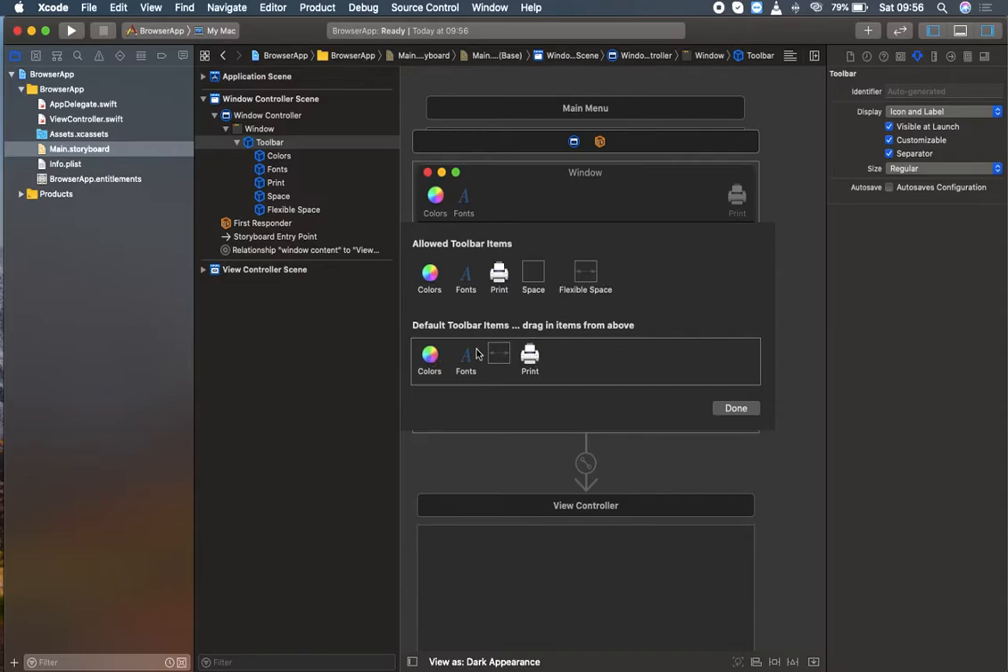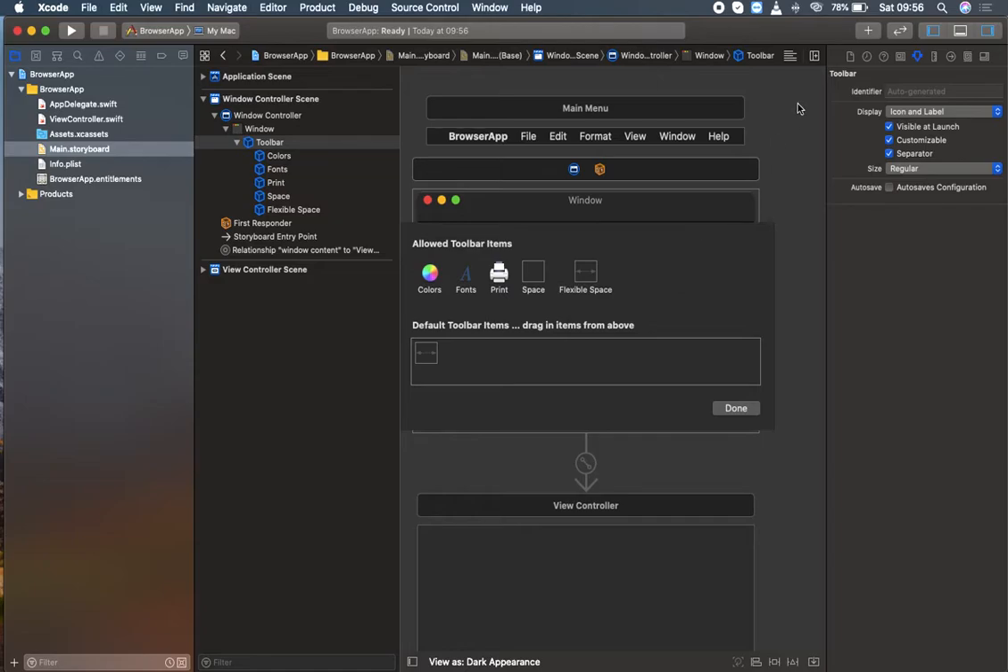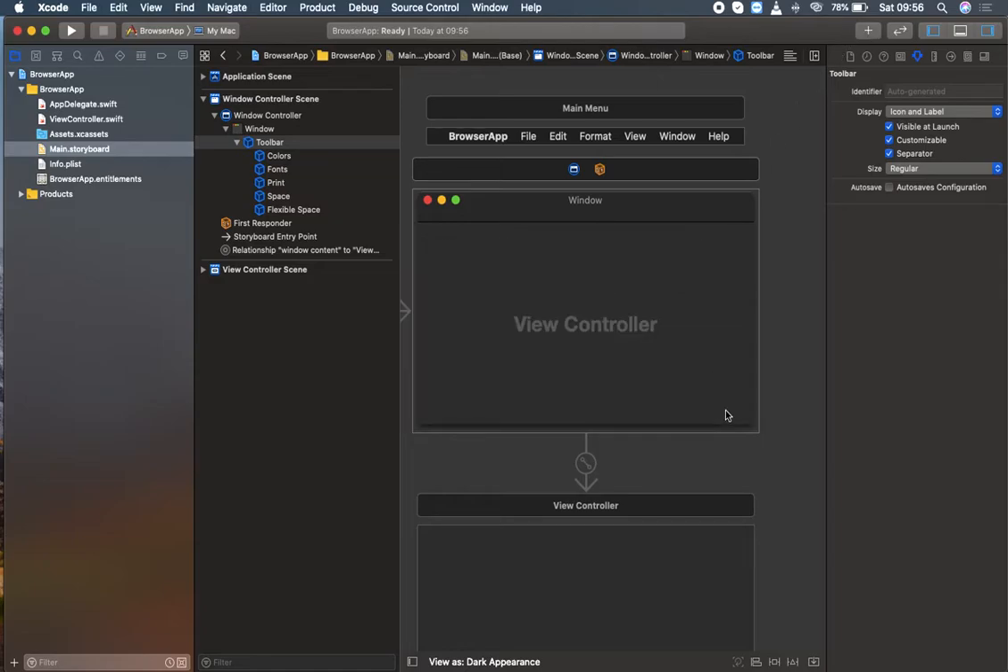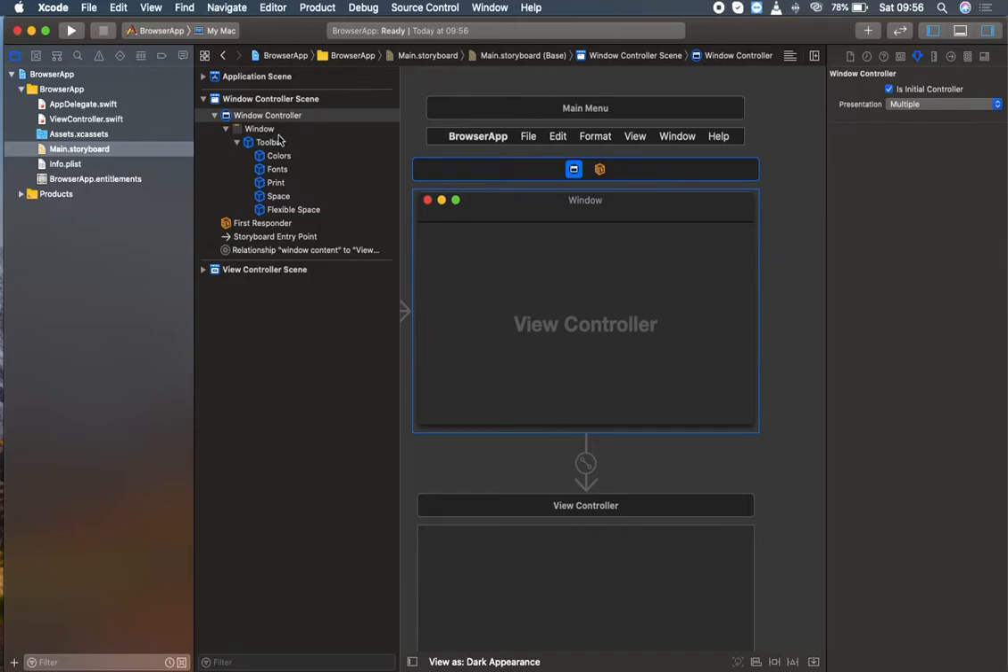I'm absolutely not going to use these colors, fonts and print. So what I'm trying to do is click this print and drag it over here, so it will disappear from our toolbar. Similarly with fonts, I'm dragging it over here and clicking done. Then what I'm going to do is click on this toolbar